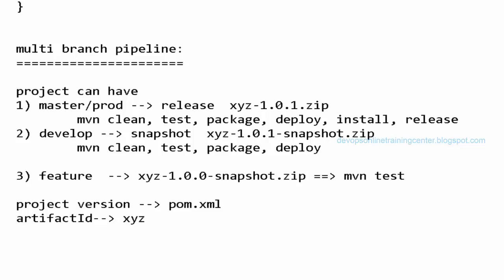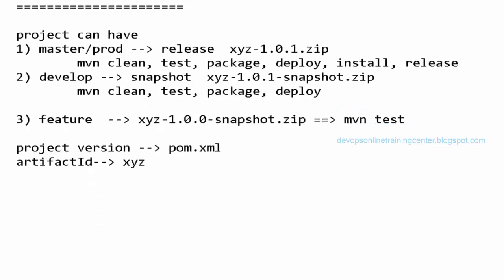Like this, if I want to have an architecture defined for the project, I can write a Jenkinsfile that does all these things, right? Based on the branch, I need to define my Jenkinsfile to perform the job. So first we have the repository. Now what is the next step?